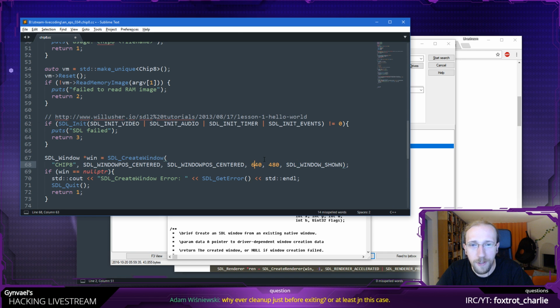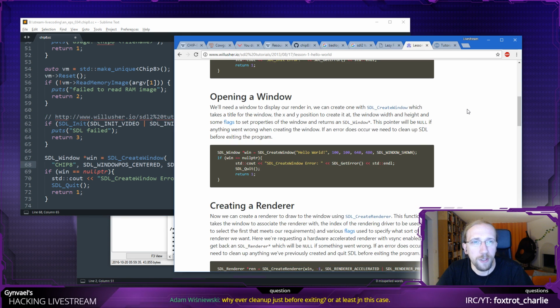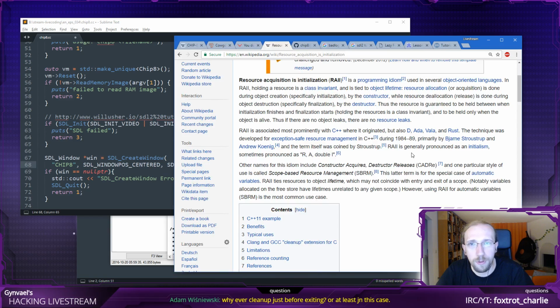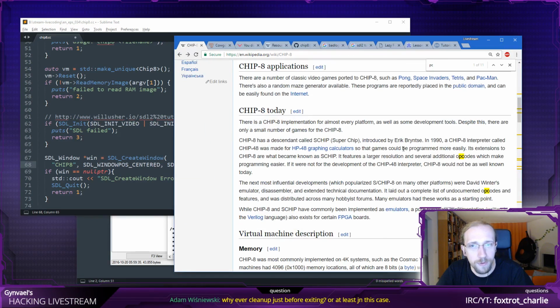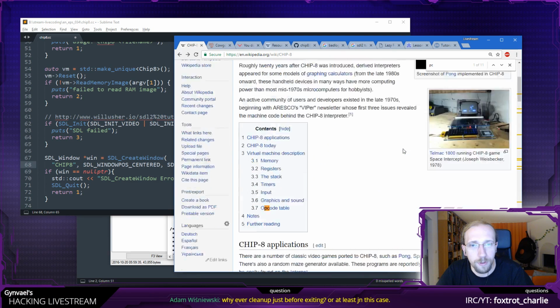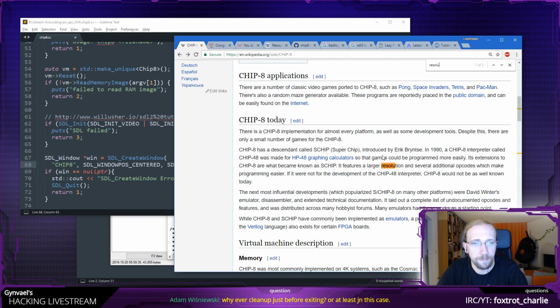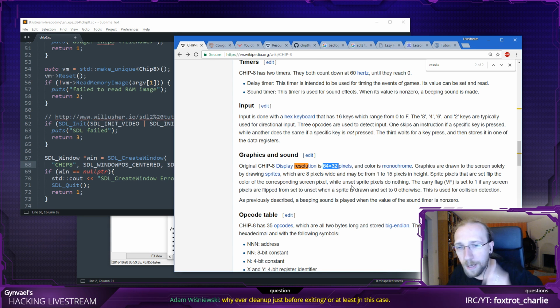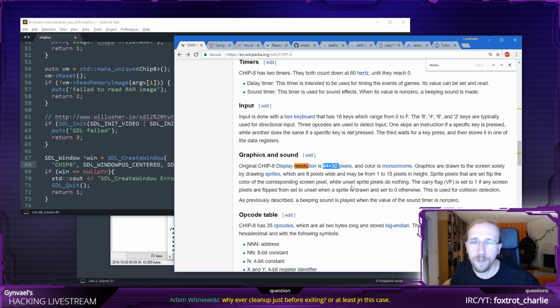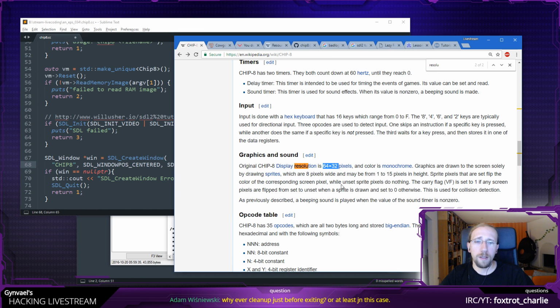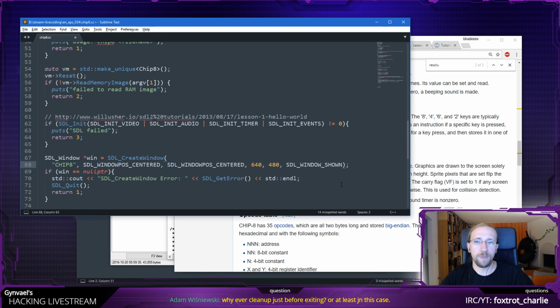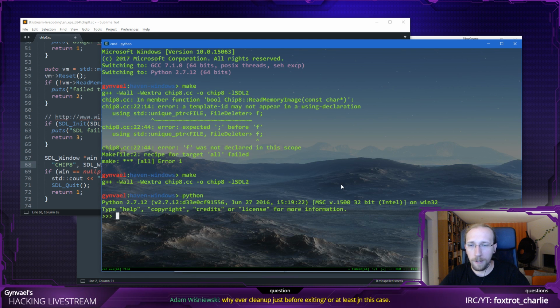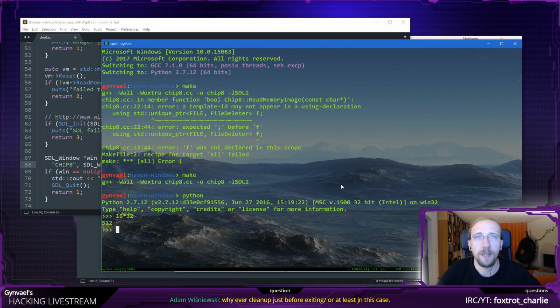Okay, now the size of a window. So the size of a window is actually, what's the resolution again? So the resolution, no, this is not what I wanted to see. This is what I wanted to see. The resolution is 64 by 32. Yeah, I'm probably going to make a window which is 10 times the size or 16 times the size. If it would be 16 times the size, it would still be pretty small, wouldn't it? So 16 times 32, it's 512. It's half. Yeah, that should be fine.